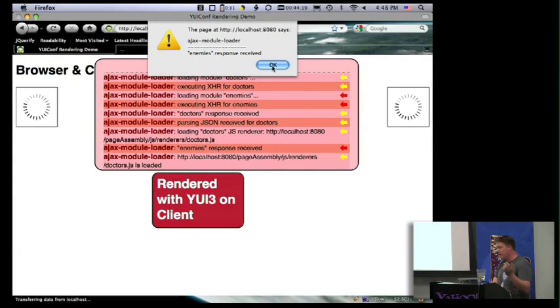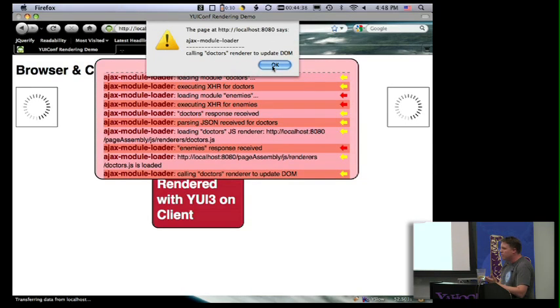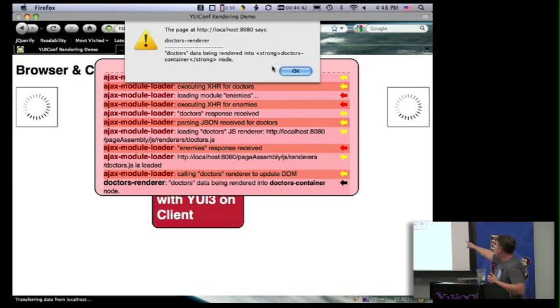So now, in the meantime, I get a response from my other module, and now it says that the doctor's renderer has been loaded. So that means it's been loaded, it's been evaled, it's ready. The function that I have sitting out there on the web is now available to be called. Now we're actually calling the renderers from the module loader,